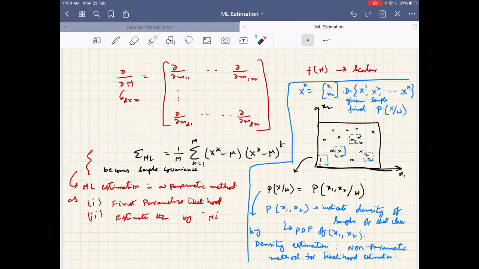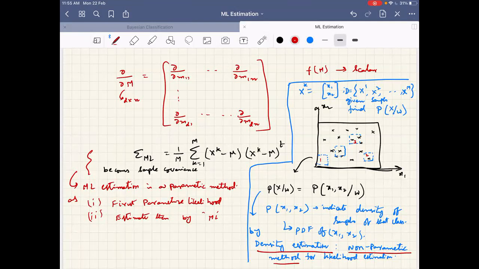Is the discussion clear here on density estimation methods or non-parametric methods? These methods are in fact important. There are two methods specifically to do this. One is by Parzen window, where the window, as I said, can have arbitrary shape. The other is by using the nearest neighbor estimator method, wherein you enclose a specific number of samples.